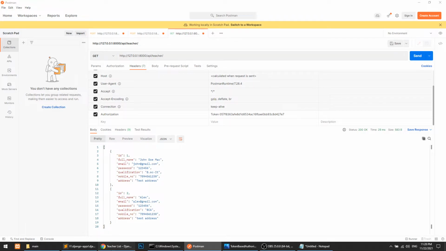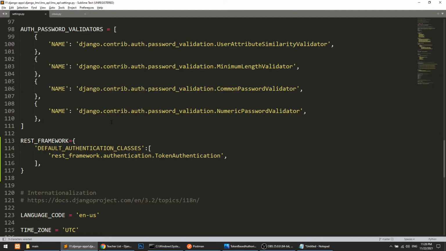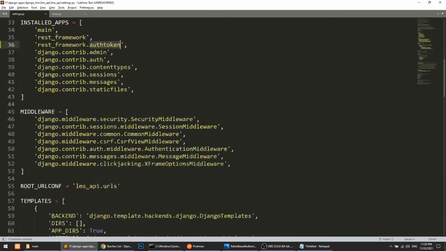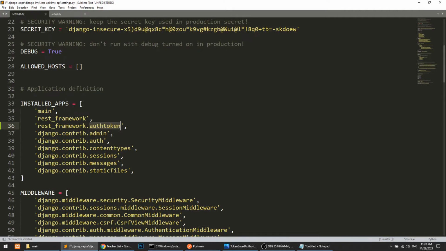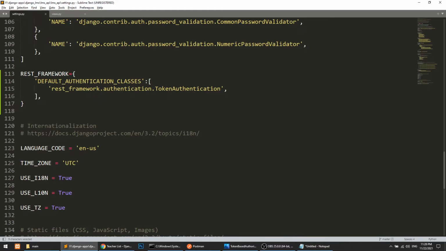I hope you understand all the things. Let me explain again. The first thing, we need to add this app in our installed apps: rest_framework.authtoken. Then we have to set the default authentication class, or you can set a secondary authentication class: rest_framework.authentication.TokenAuthentication.